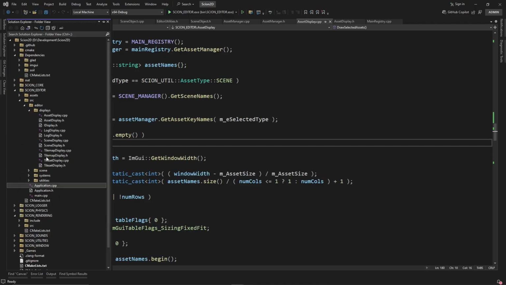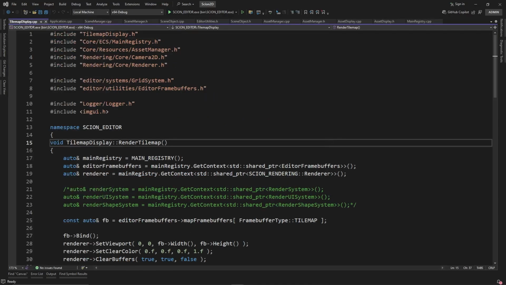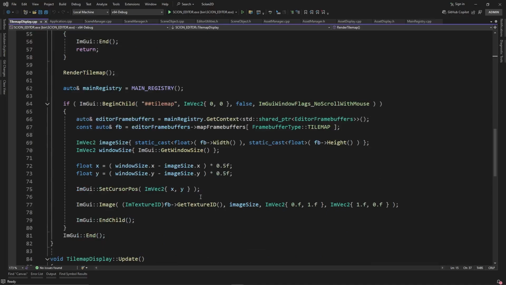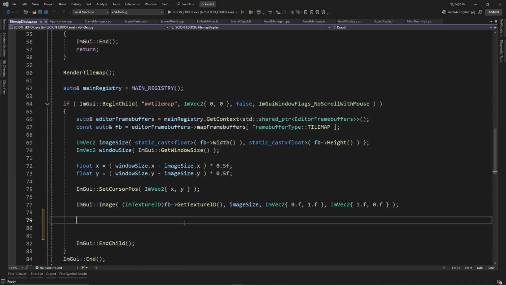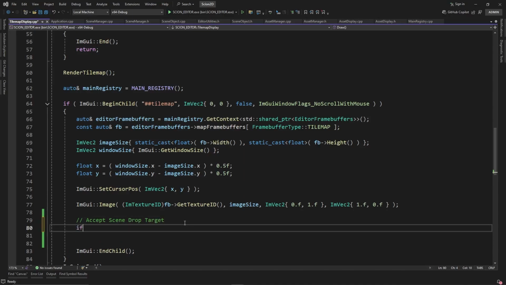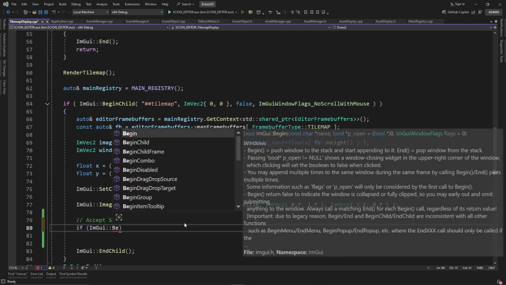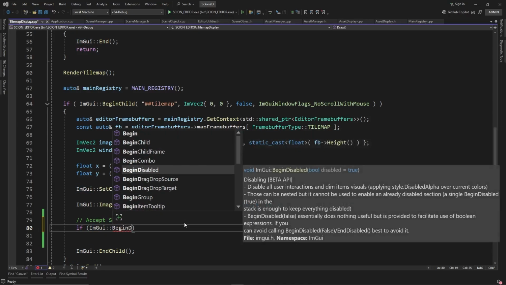That's in displays, tile map editor, or tile map display, sorry. And let's go in here and right after we do our image, where's our image? Right here. Right after our image here, let's actually add in our drop target. So we could say accept scene drop target, right? And we can say if ImGui begin drag drop target,